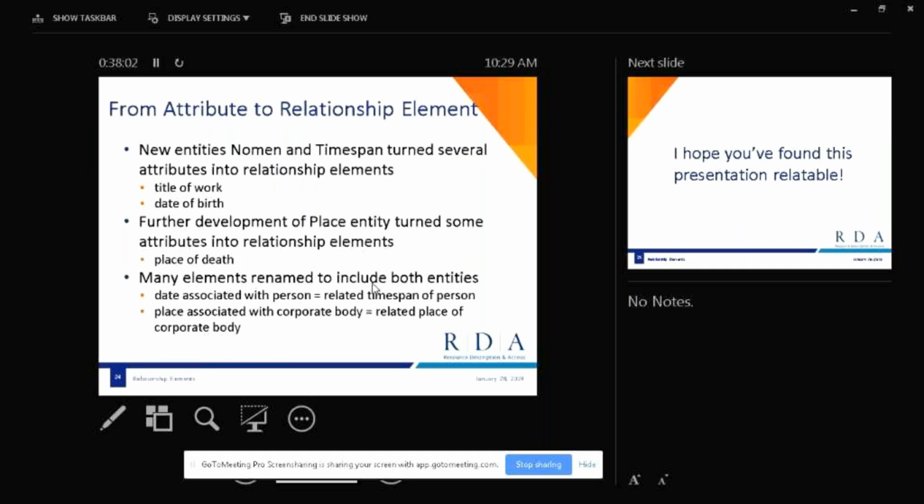It turns several attributes into relationship elements. So title, work, and date of birth were attributes in the original toolkit. Now they're relationships, as you saw with my Amy Tan example. Further development of the place entity also turned attributes into relationship elements. Place of death,